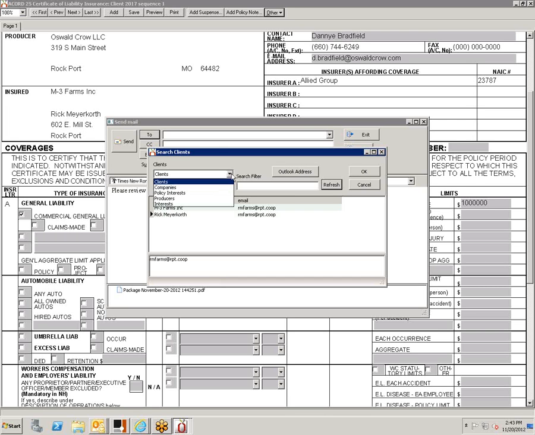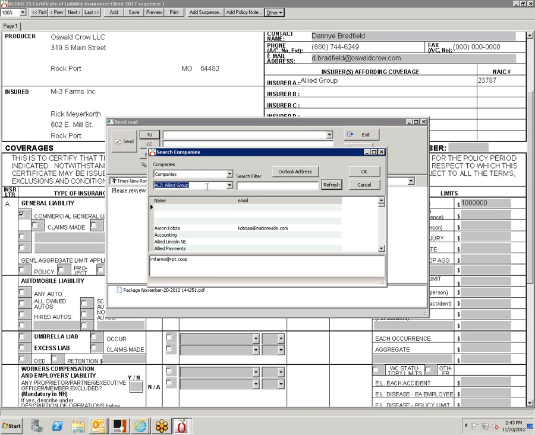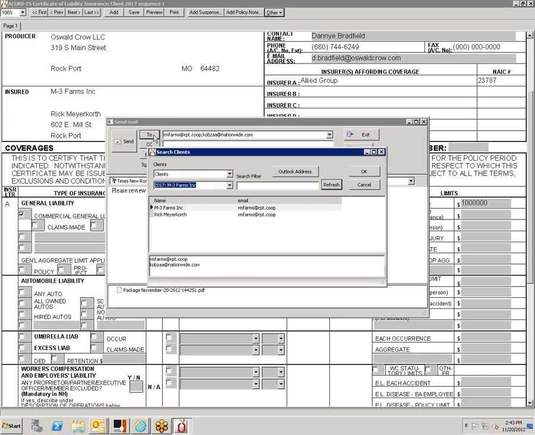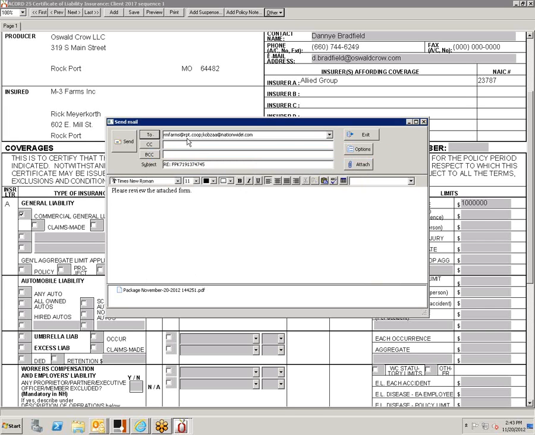I can look for the companies. I can even send it to the interest if they had an email address. Now we know that that one doesn't, so I'm not going to bother to look. So you can send it to, or you can CC, and of course blind carbon copy also.